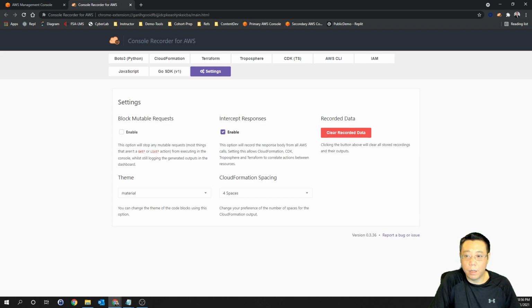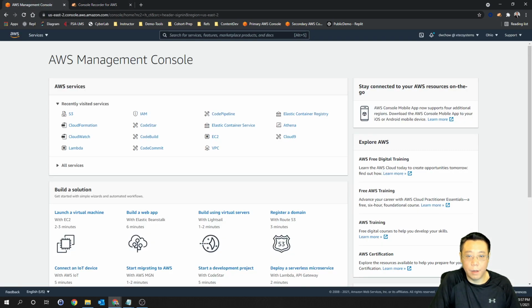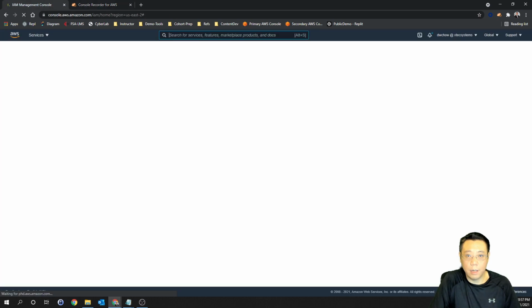and I will go ahead and select here, like Boto3 for Python or CDK, which is TypeScript and not Python. So keep that in mind. Or I can go CloudFormation or Terraform. Let's do Boto3. So if I'm going to create a new IAM user, notice that it's intercepting the calls,